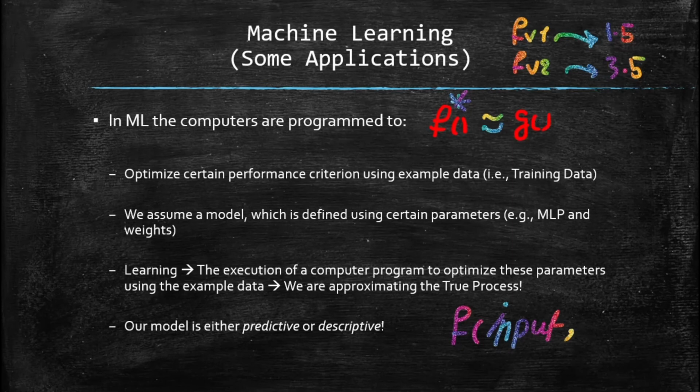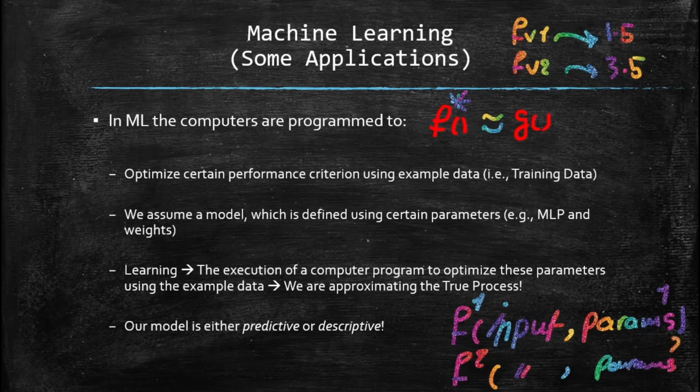And it has some parameters as well inside of it. I'm going to write it with params, right? So f1 gets the input that has some parameters. Again, the parameters are version 1. f2 will have, again, the same input, but the parameters version 2. And so on and so forth.